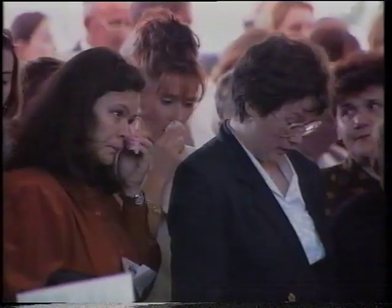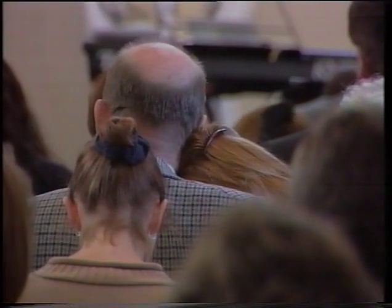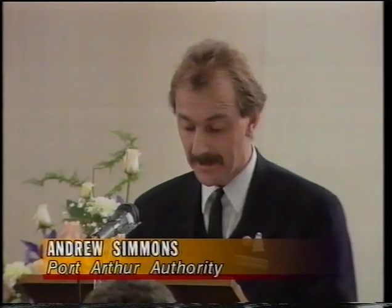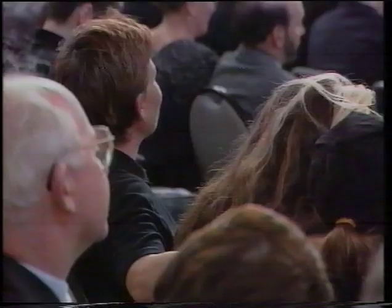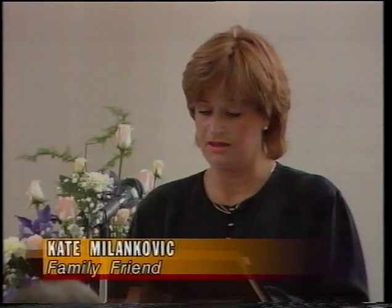Among the 1,000 mourners were hospital staff members and survivors of Port Arthur, where Nanette was a tour guide. She became the life of the party, or should I say, brought her party into everybody's lives. She was remembered as a person who didn't just live life, but burst through it, taking all with her. For those of you who have read Peter Pan, you know that if you want to fly, you think happy thoughts. That was Nanette's gift. She made you fly. As the service ended, a stoic Walter Mikak made